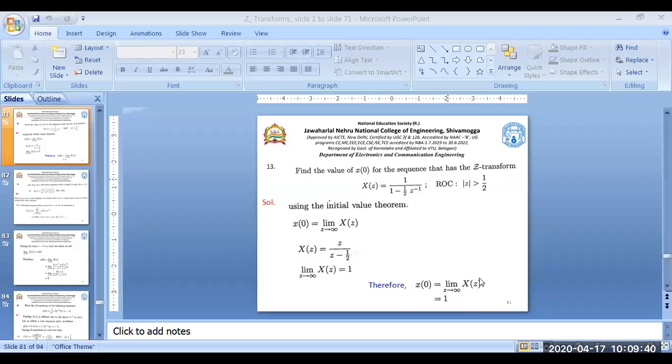You can give me your answers in chat. Yeah, Ganashri says it is a positive time sequence. Anybody else? Good, Ganashri. Register number 54 says positive time sequence. 41 says positive time sequence. Good, you're responding. Pooja has also responded. So they all say positive time sequence. Why is x of n a positive time sequence? Because it is outside the circle. Fine, it is outside the circle. That's why it is a positive time sequence.